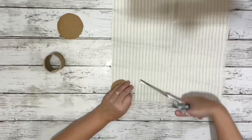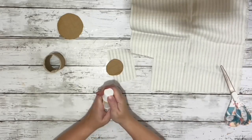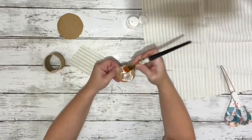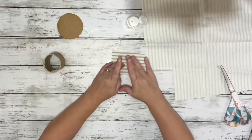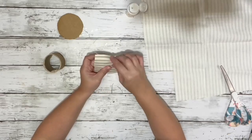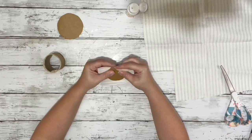And then next I had taken my ticking fabric, and what I need to do is cover all 3 of these pieces of cardboard and the spool in the fabric. So I use Mod Podge to do that. I applied a layer of Mod Podge to the circle and then placed down the fabric and just kind of smoothed it out on there, flipped it over, and then I just cut out most of